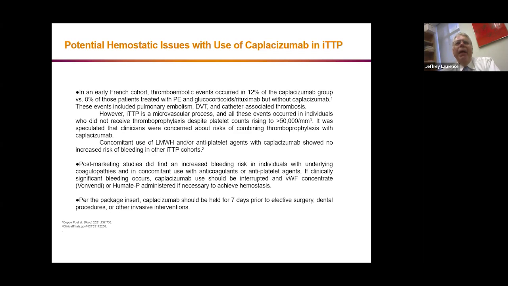And you should stop the drug for elective surgery, in which case you would need to reinstitute plasma exchange. And if you need to treat a patient, when I leave instructions out for our heme fellows on call, you basically would treat them as if the patient had von Willebrand's disease. You give them UMAP.